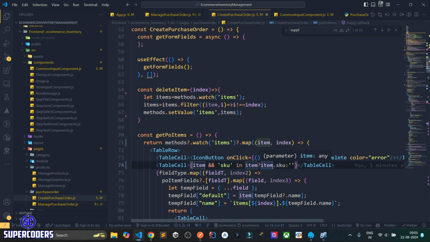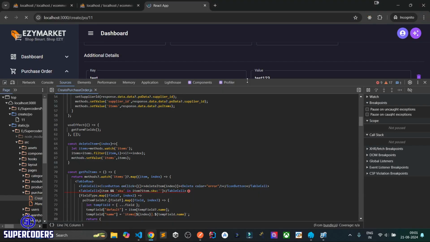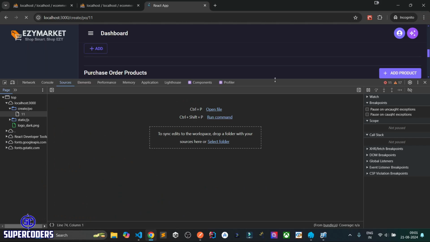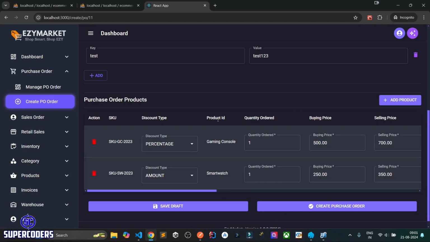Just adding the extra condition for logic. If item and SQ in item. Now save it, refresh page. Now that is fine. You can see it's working fine,